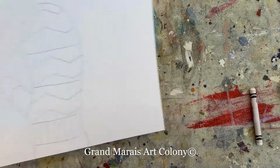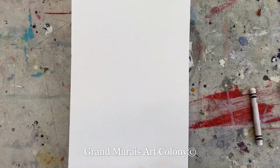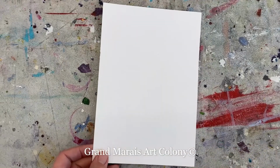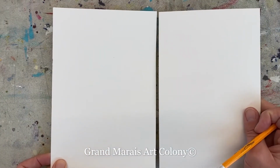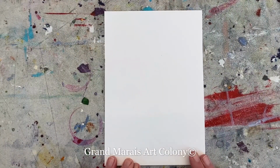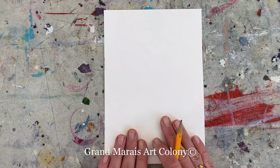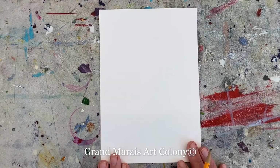Okay, part 2 of our project is to start drawing the wax resist. So for my demo, because I want to work a little faster to show you, I cut my paper in half. And like I said earlier, you can do this if you want to make 2, or if you want 1 for practice and 1 for your final, or if you want to just make 1 big one, that's great too. I just want to keep it small so that I don't take too long in my instructions. So now that I have my watercolor paper, this is the thicker paper that came in your kit from the